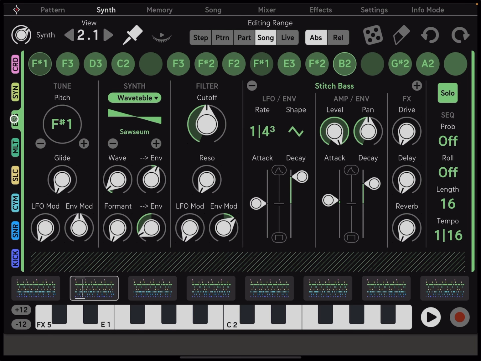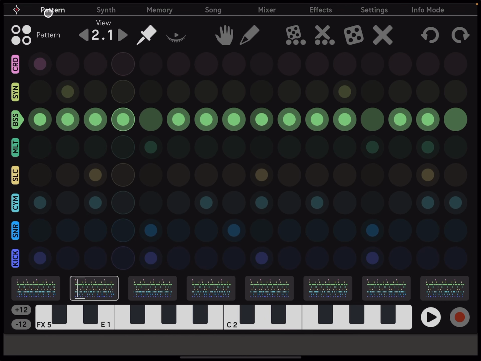So here I've just soloed the bass track. We're on the synth page, and first, before we look at the synth engines and stuff, I'm going to look at a few things about step entry and editing on the synth page, as well as some of these top controls. So just to contrast with the pattern page,